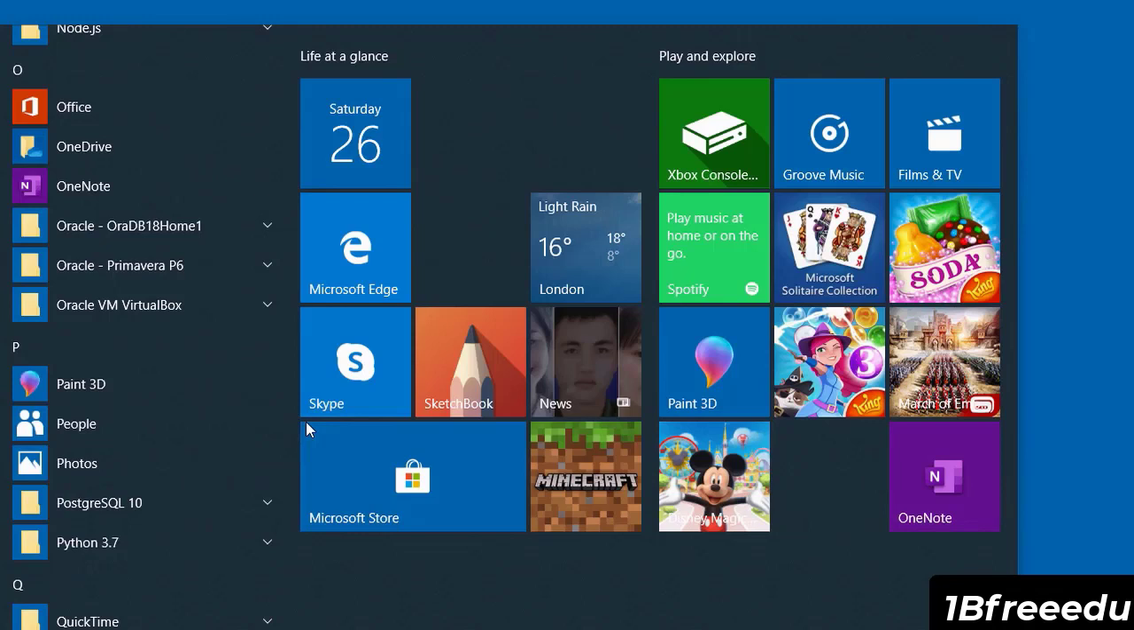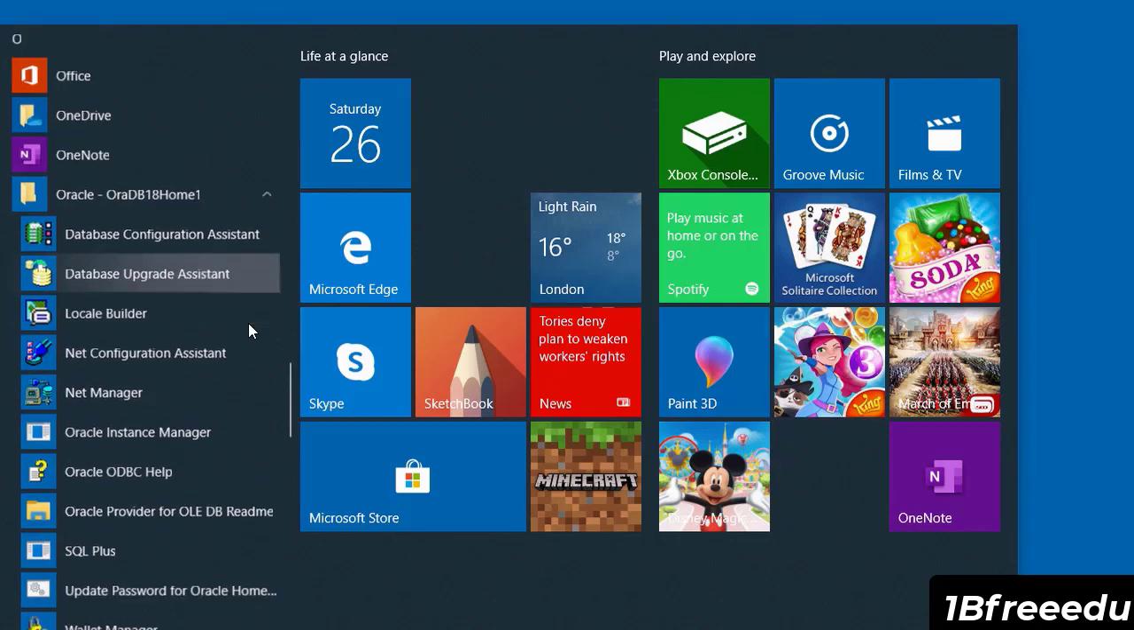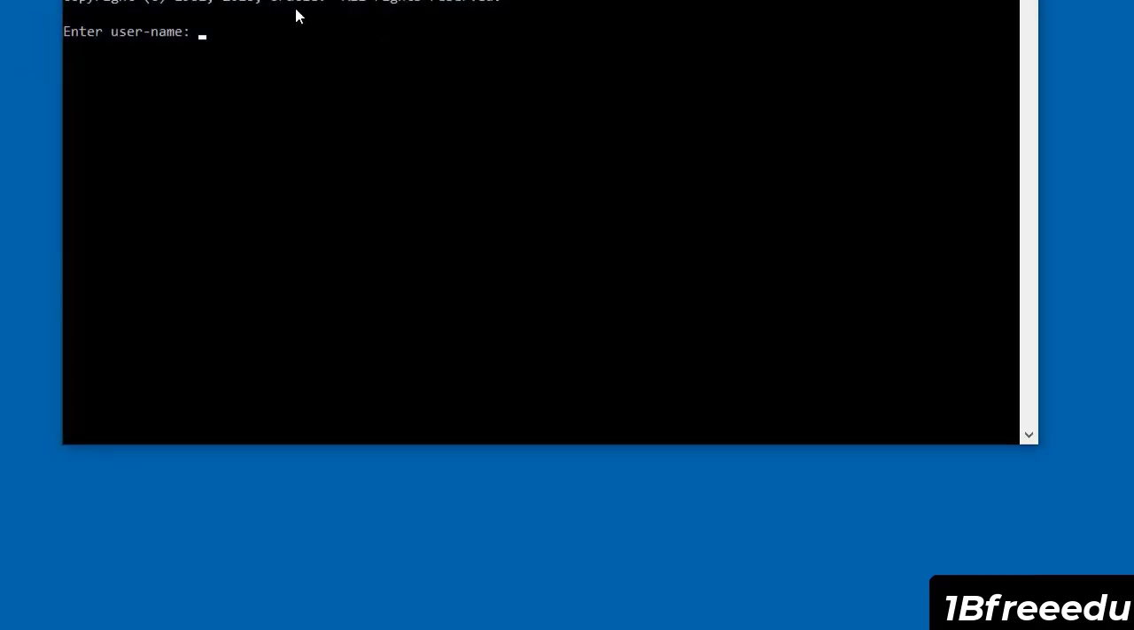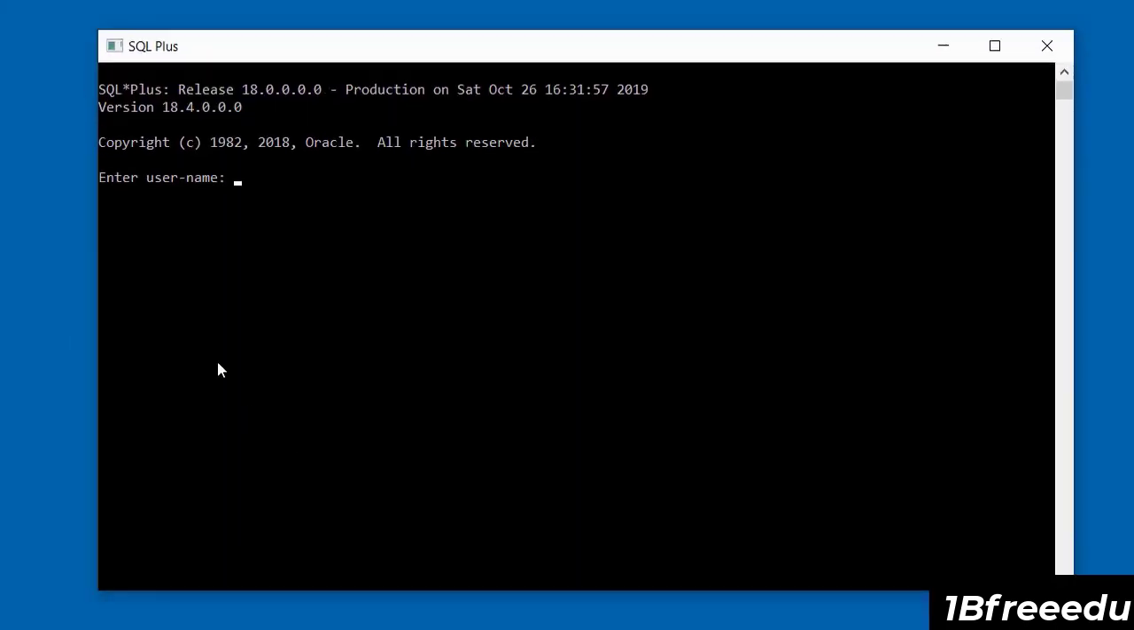To launch the SQL Plus, you look into your Oracle installation folder. So this is mine. And if I expand that, you should see an option for SQL Plus. I'm going to click on that, and it will give me this, and is asking for a username. So username, when you installed Oracle, it gave you a variety of usernames you can use. One of them was called system. So I'm going to use system. I press enter,